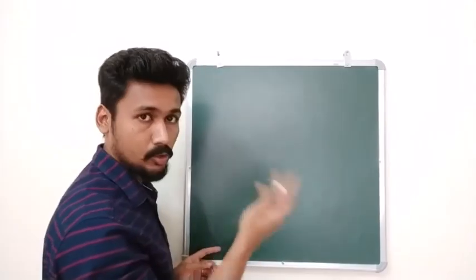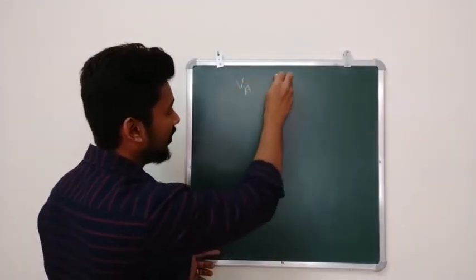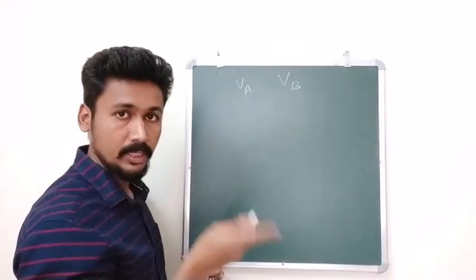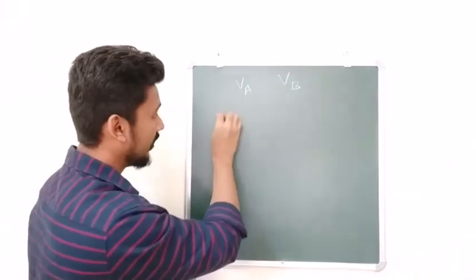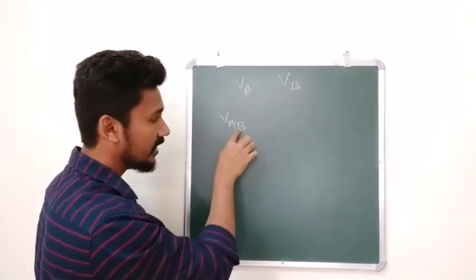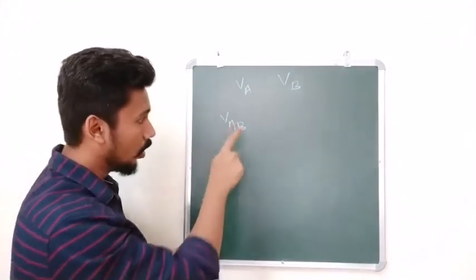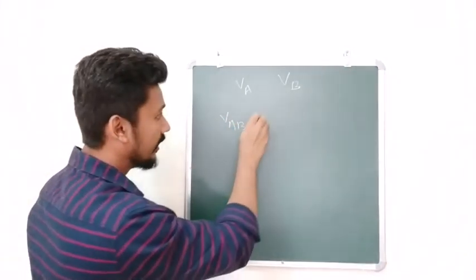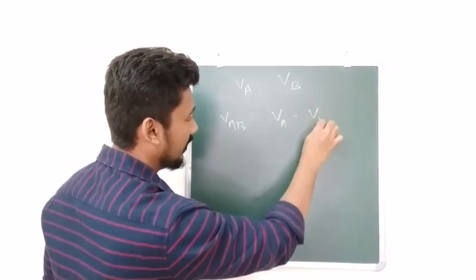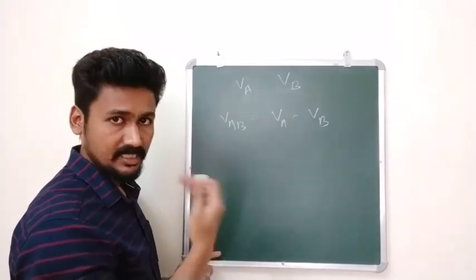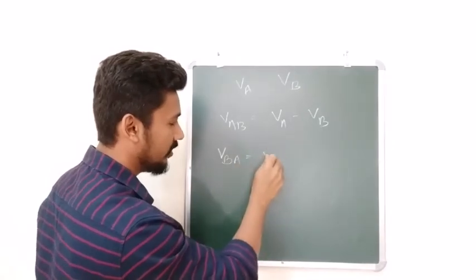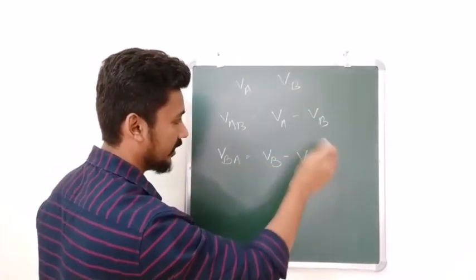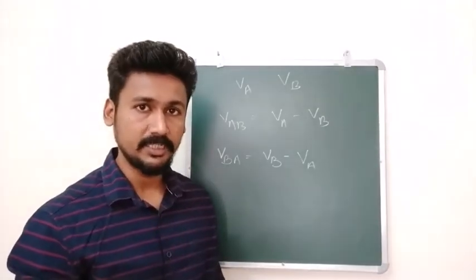It is very simple to calculate relative velocity. Let us say there are two objects A and B. A has velocity VA and B has velocity VB. So we can say that the relative velocity of A with respect to B, we write it like this, VAB. VAB, the relative velocity of A with respect to B, is equal to VA minus VB. Very simple. Similarly, the relative velocity of B with respect to A will be VB minus VA. That is the concept of relative velocity.